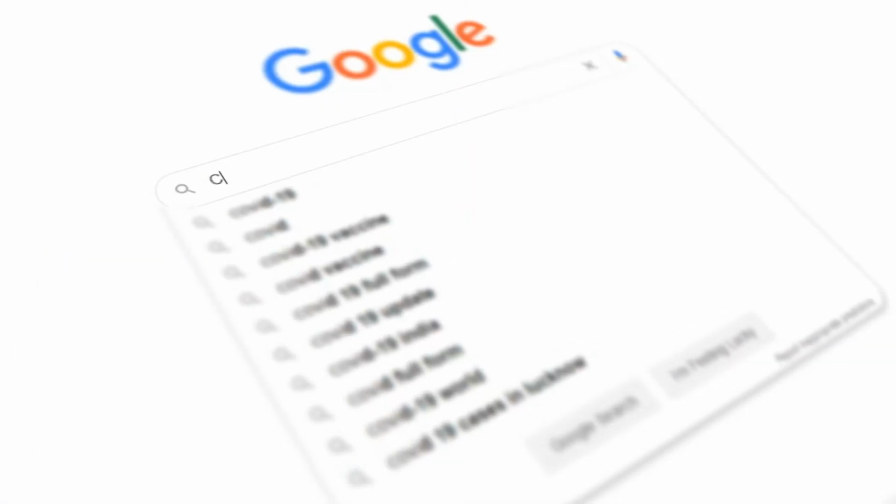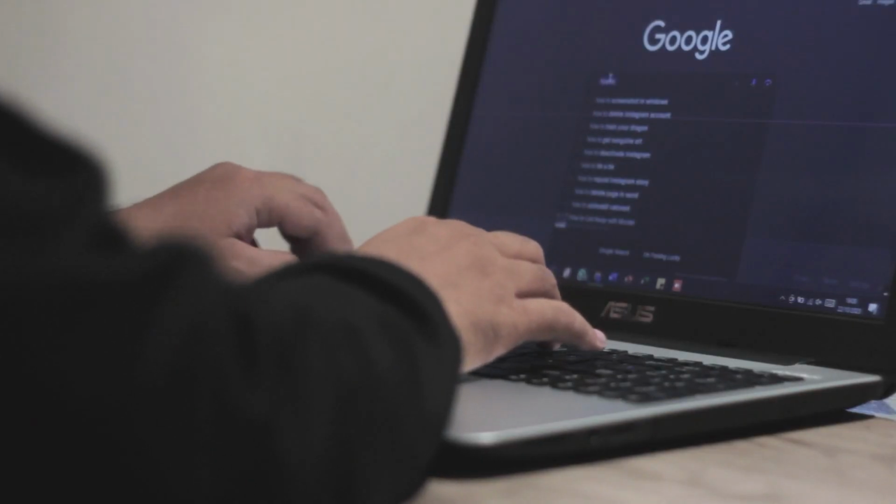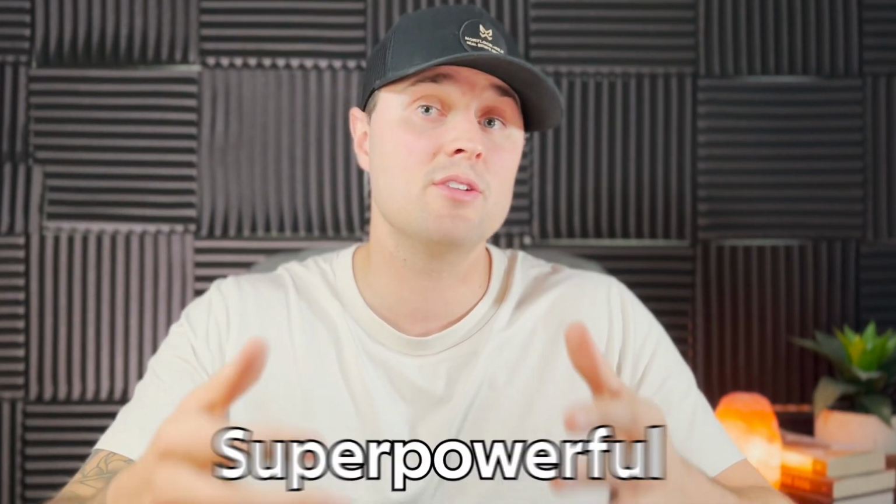Now let's go to Google, where Google is all search based, where 90% of all the search traffic that happens on the internet starts at Google. And so these are people who are specifically looking for something. So it's very powerful. These people are currently trying to buy something. They're currently looking to do that.